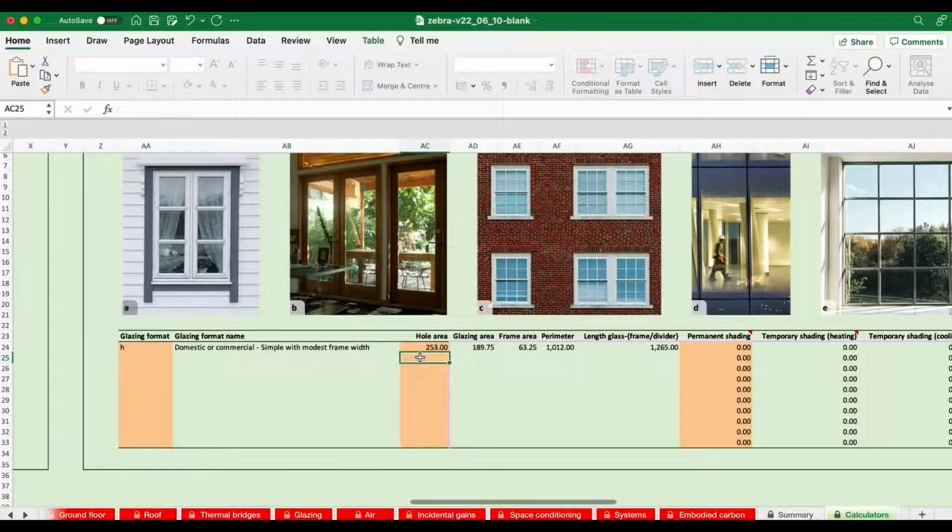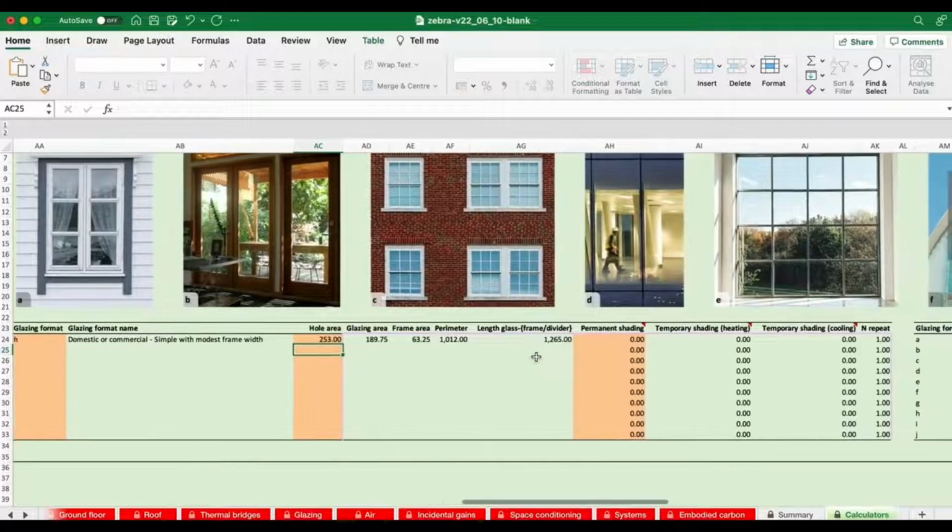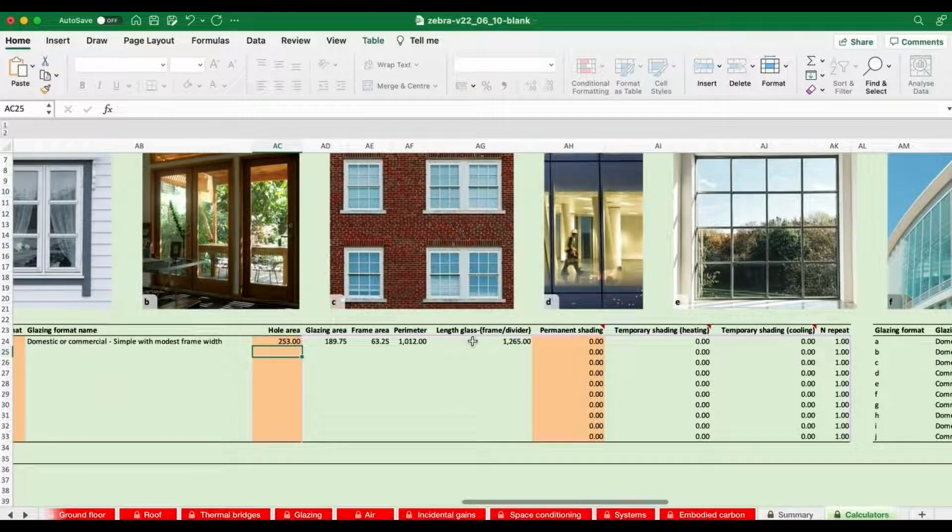And straight away, Zebra calculates the area which is glass, the area which is frame, the likely perimeter of those windows, and this rather confusing thing called length glass frame divider. That's a total length of frame and of dividers that subdivide the glazing units. This is used in a thermal bridge calculation within the glazing sheet.